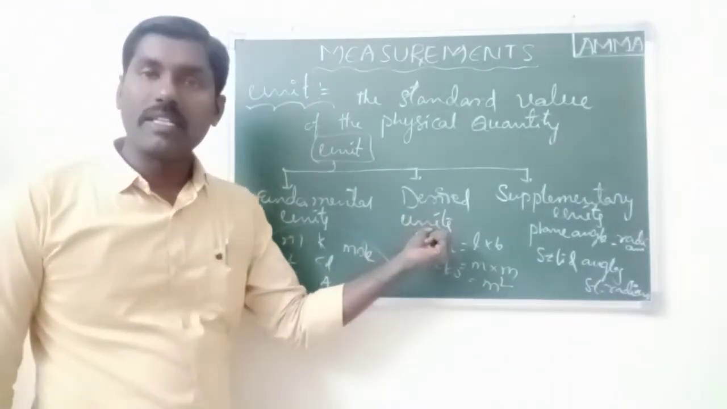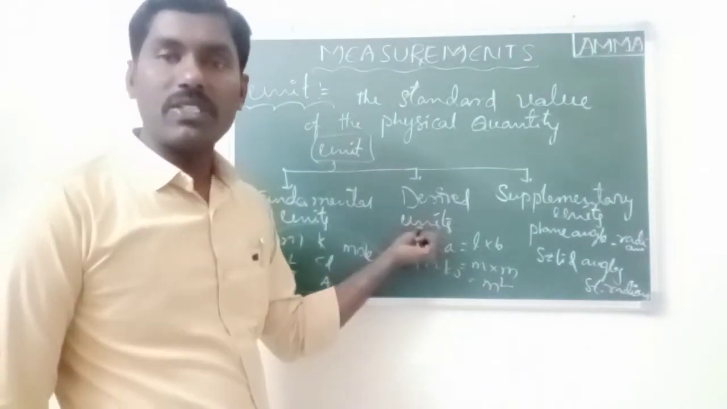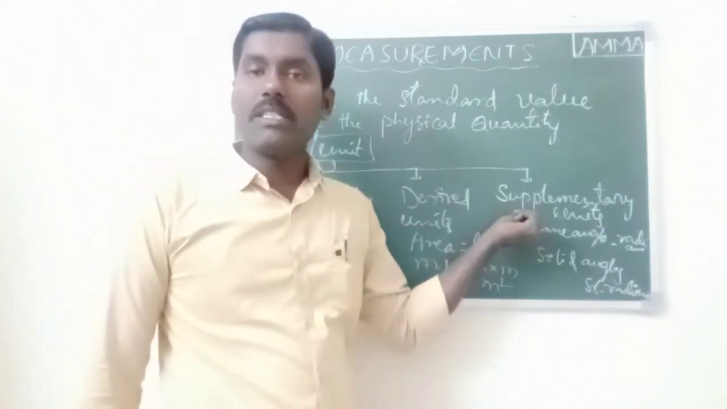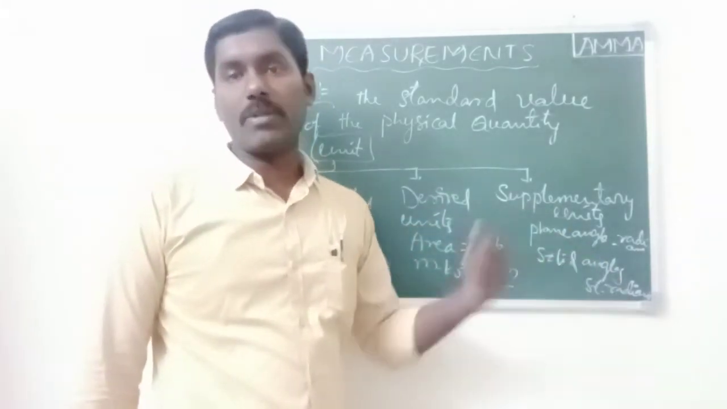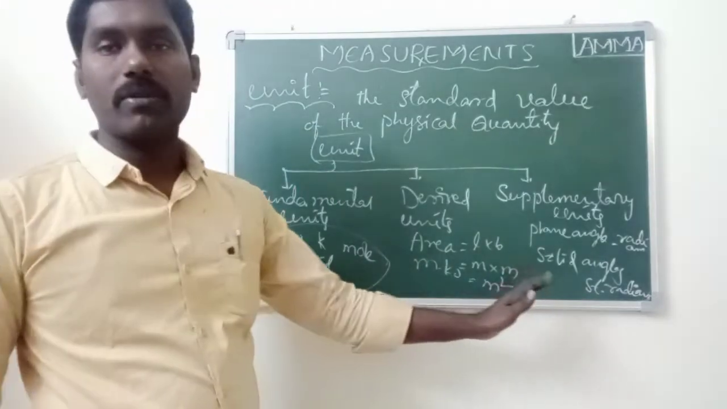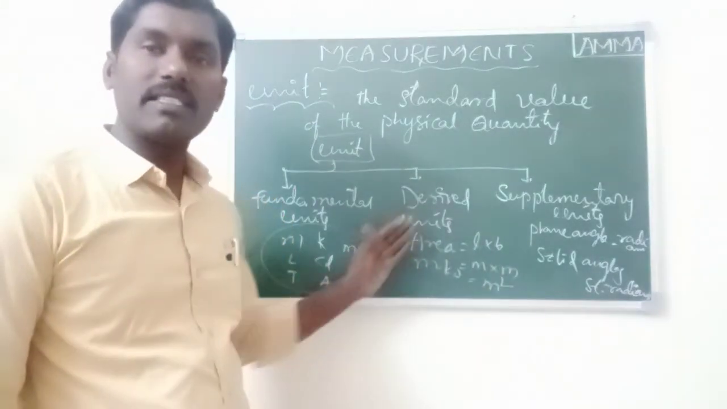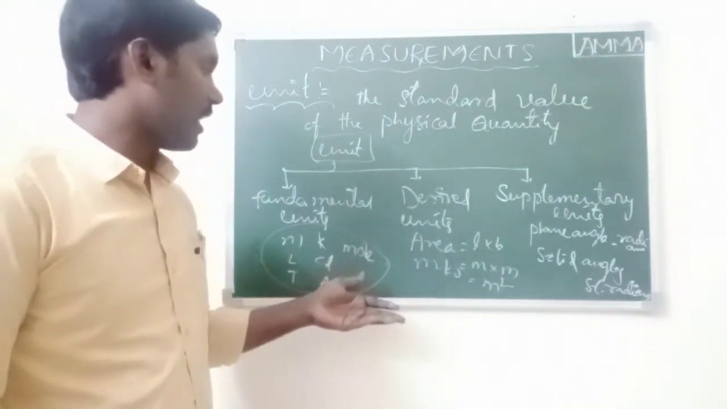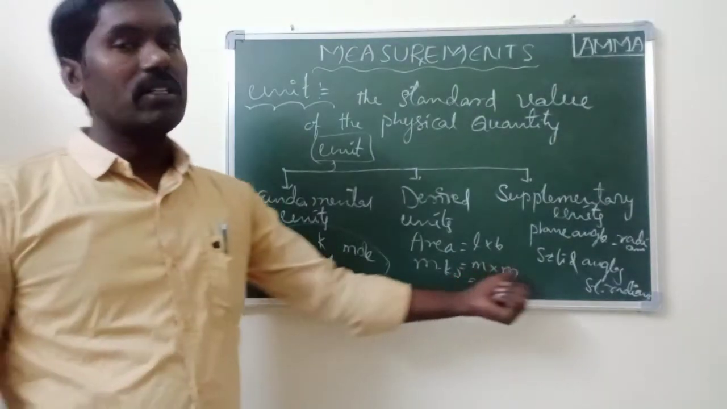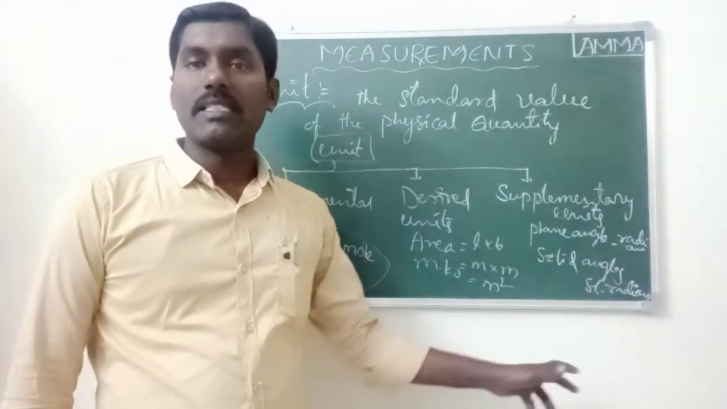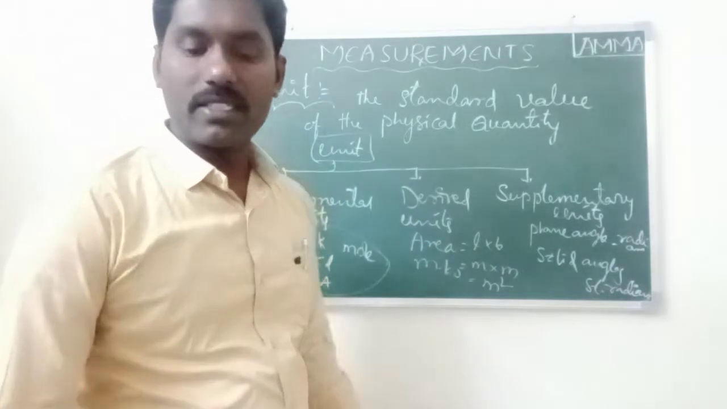The units of derived physical quantities are called derived units, and the units of supplementary physical quantities are called supplementary units. Those are the units of each and every type of physical quantity. Okay students, now